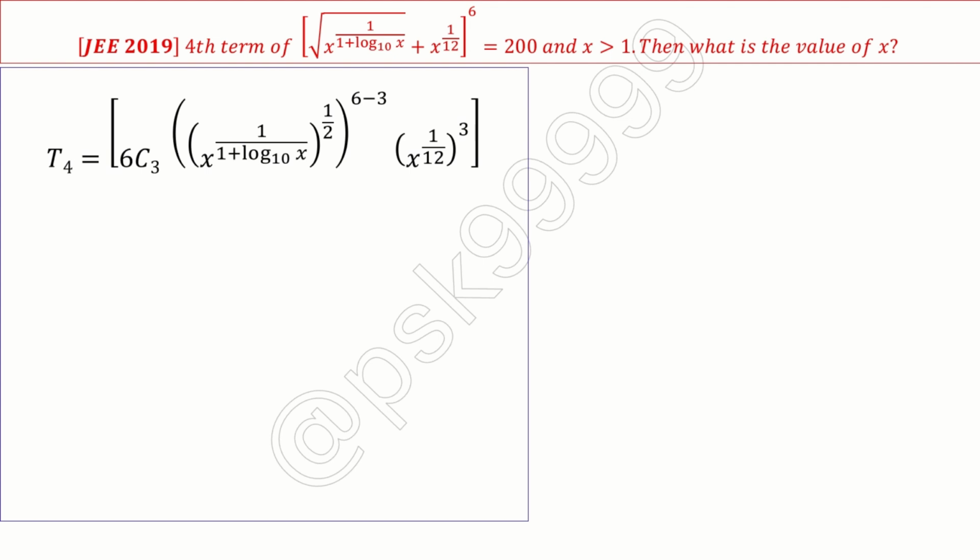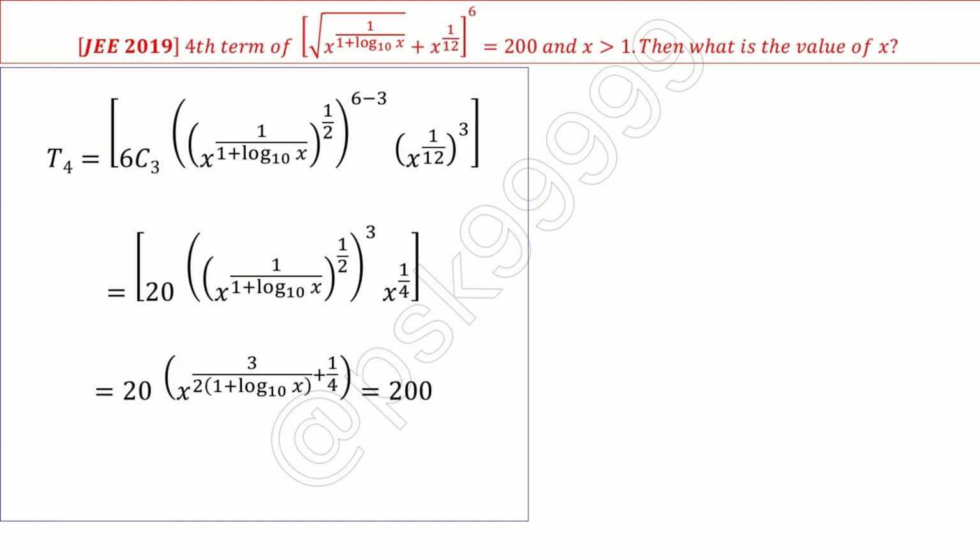Okay, and 1 by x to the power of (1 plus log10 x) whole to the power of half, because it is a square root. Okay, and to the power of 6 minus 3, and x to the power of 1 by 12 whole to the power of 3. Okay, this is my T4. Now it's all about simplification. So if I simplify it, 6C3 is 20 and then this will become 20 times x to the power of